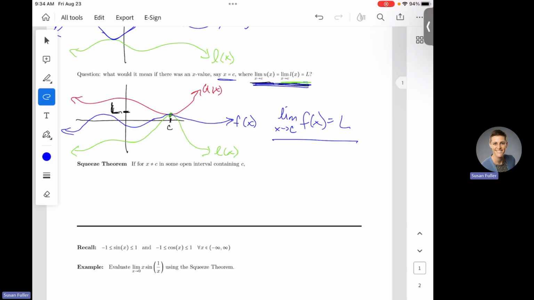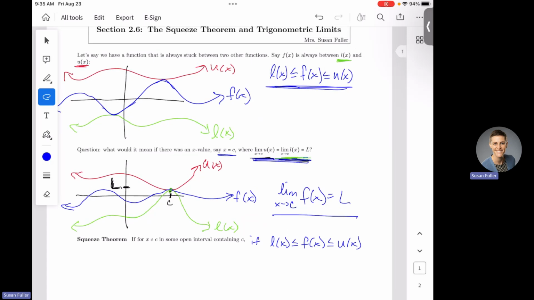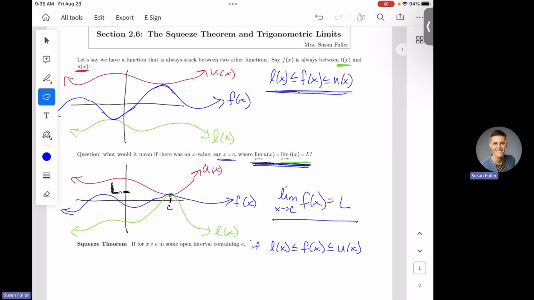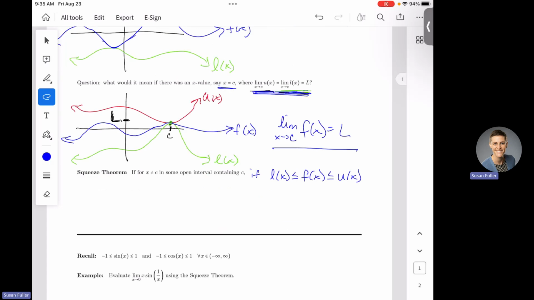It says that those upper and lower functions, if they have the same limit at a c value, they squeeze that middle function and force it to have the same thing. So if, for x not equal to c in some interval containing c, we have that l of x is less than or equal to my function f of x, and that's less than or equal to u of x. This is basically the situation that we set up here, saying that u of x is that top function, l of x is that low function. As long as we have that situation,